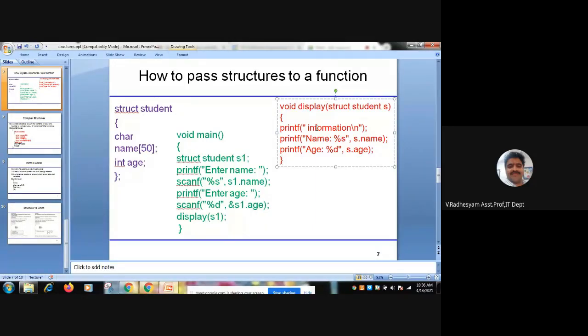Previously, s dot name and s dot age were placed in main itself. Now, just to understand, I have considered a function called display and passed s1 to it, writing display as a separate function. Just I am printing in the display function. This example shows how a structure variable can be passed as an argument to a user defined function.